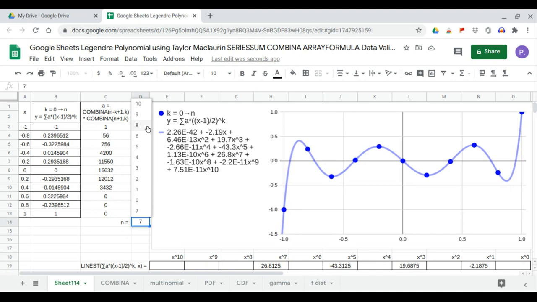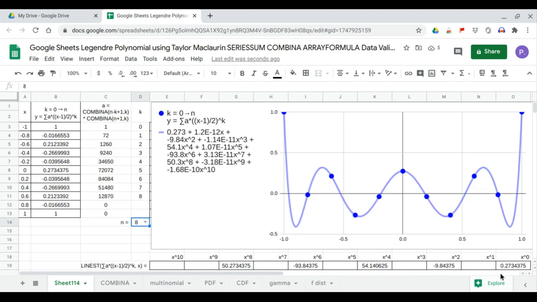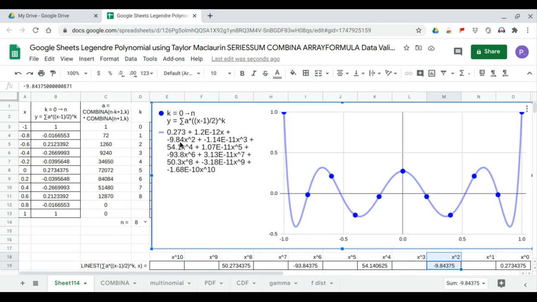N equals 8. Legendre polynomial y equals 0.273 minus 9.84x squared plus 54.1x to the fourth minus 93.8x to the sixth plus 50.3x to the eighth. At n equals 9,